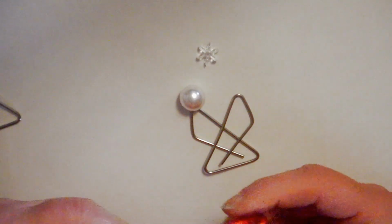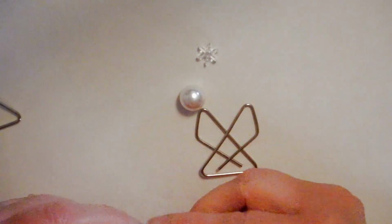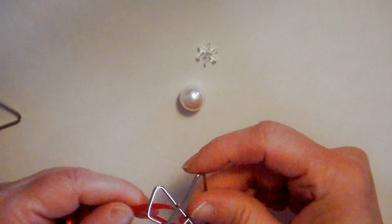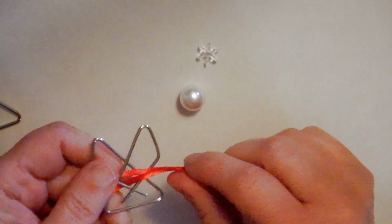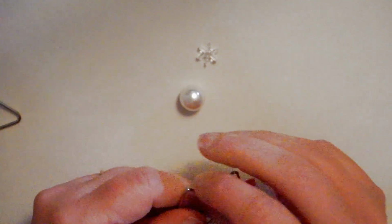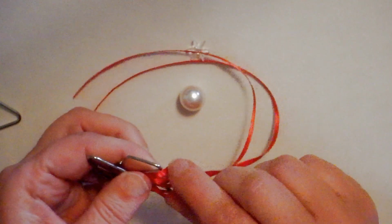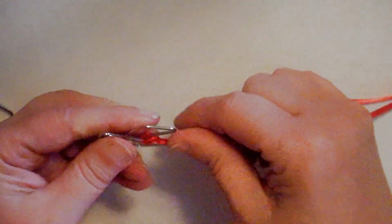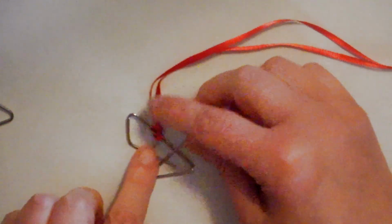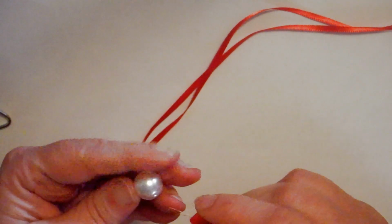because that's my hanger. So I am folding that in half, and I am going to stick that right through from the back to the front, through that center hole, and just pull it up through here. There we go. And then I decided I like this side to be my front because I like to see that little fold. So I am going to take my bead, and I am going to,